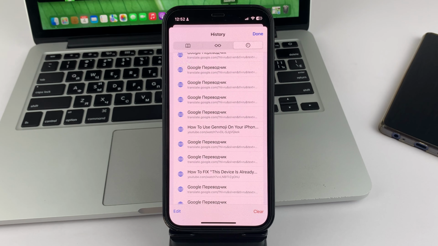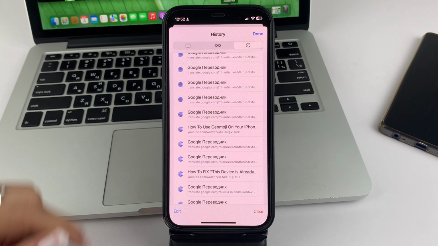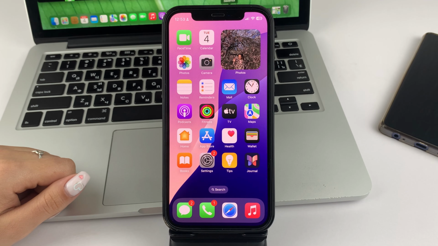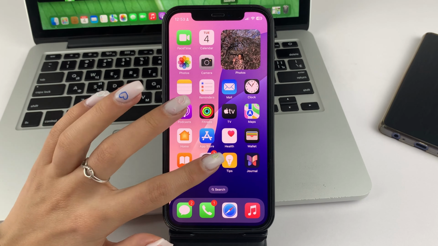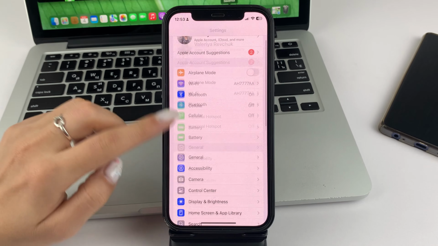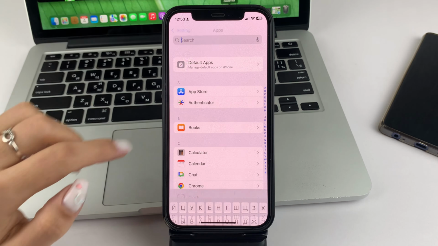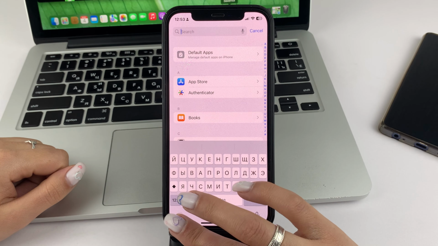If, for some reason, unfortunately, when you open Safari browser, you can't find the option here, I'm going to show you another method how you can view your browser history. Open the settings, scroll down, click on Application, then find Safari.